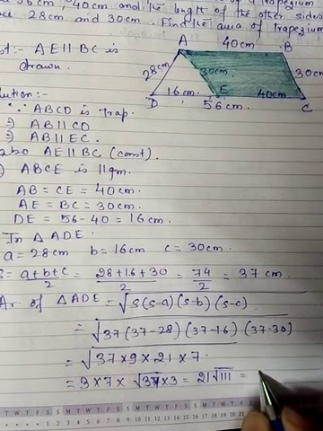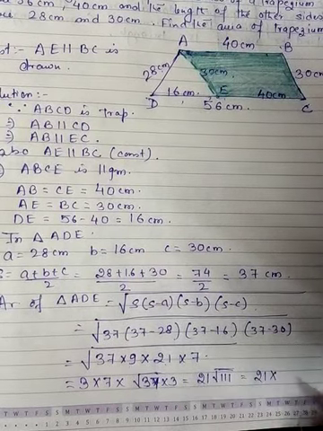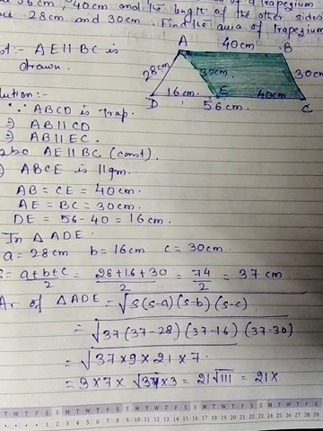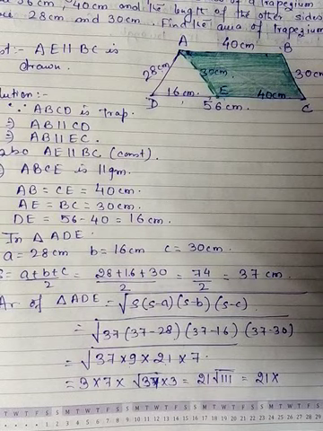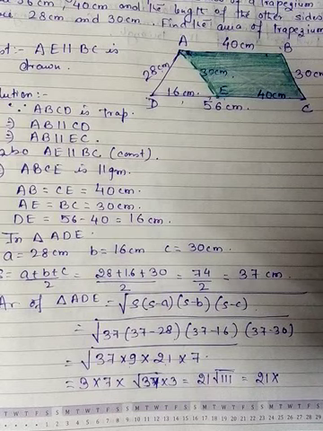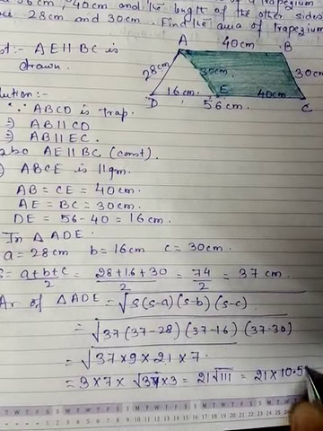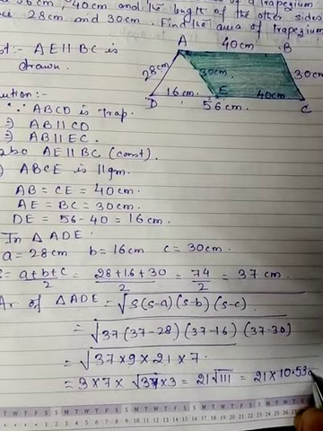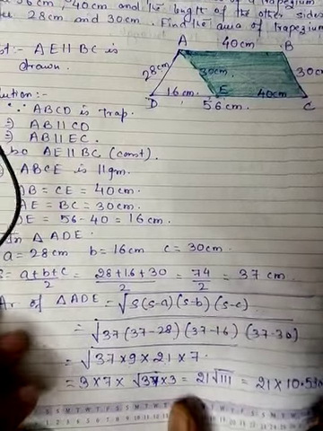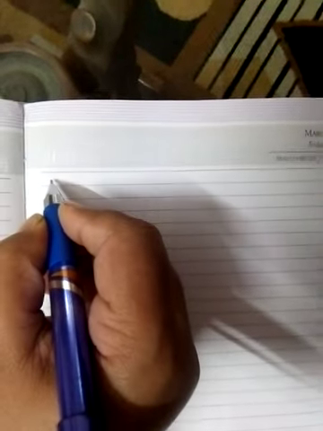This can be written as 21 into the root of 111, which I'm going to find by the long division method, and we will get 10.53 centimeters square. So let's multiply it. So we'll get here